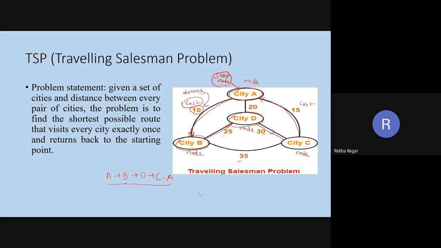So in this, from A to B, what is the cost or distance? That is 10. From B to D, what we selected? 25. And from D to C? 30. And from C to A? 15. So this is the total. This is 80.